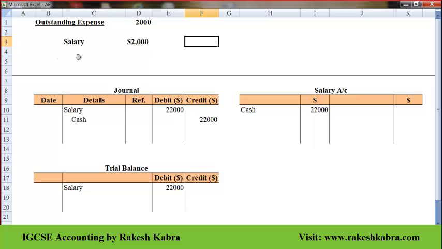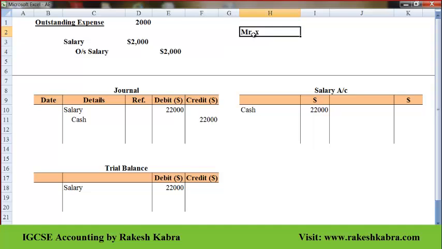So I need to write in place of cash. What I will do? I will write outstanding salary. Outstanding salary account. How much amount? $2,000. So this is outstanding salary account, I will write in place of cash account. And this outstanding salary is actually representing Mr. X, the employee. Mr. X is my employee, and outstanding salary account is representing Mr. X account,